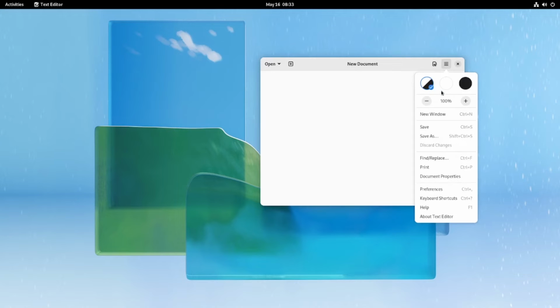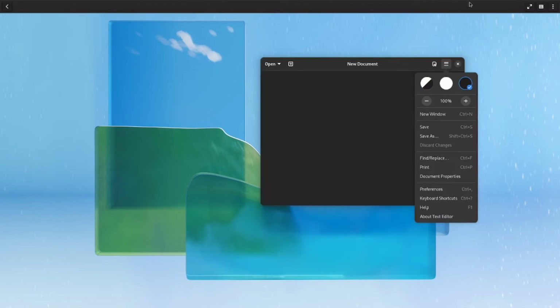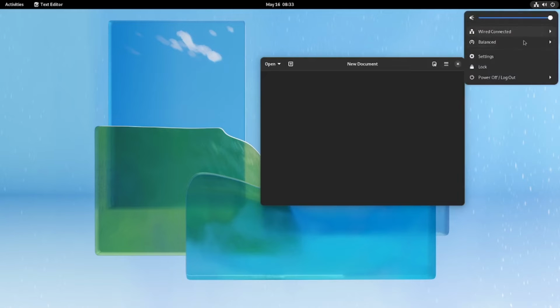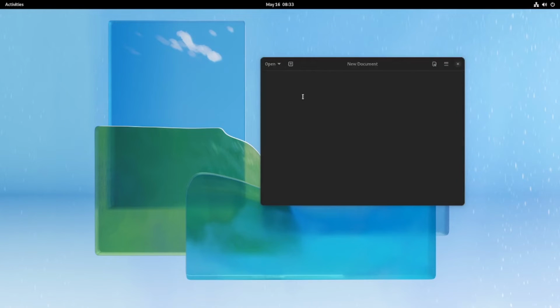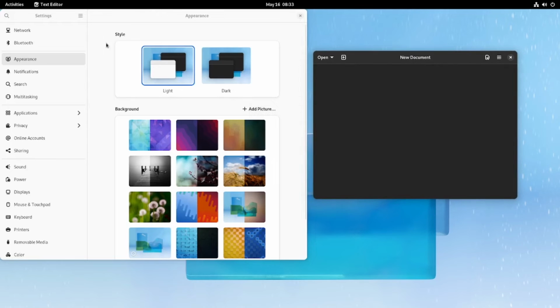And in here we can change the style, light or dark. I'm curious about how if I change the style from here. Is the style setting in the appearance setting will affect the GNOME text editor?